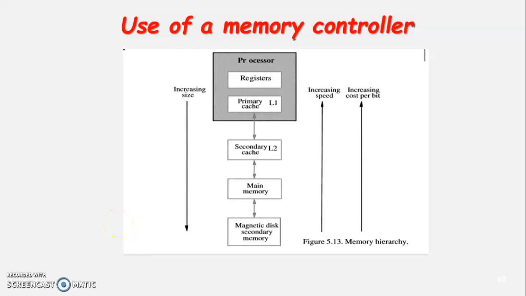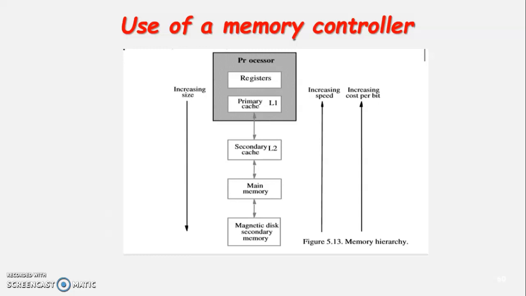A memory in a computer system can be divided into hierarchies based on capacities, cost and access time. We can see that at the top we have CPU registers. They hold the most frequently used data and are at the top in terms of speed of access. These are the fastest storage units in a computer system.